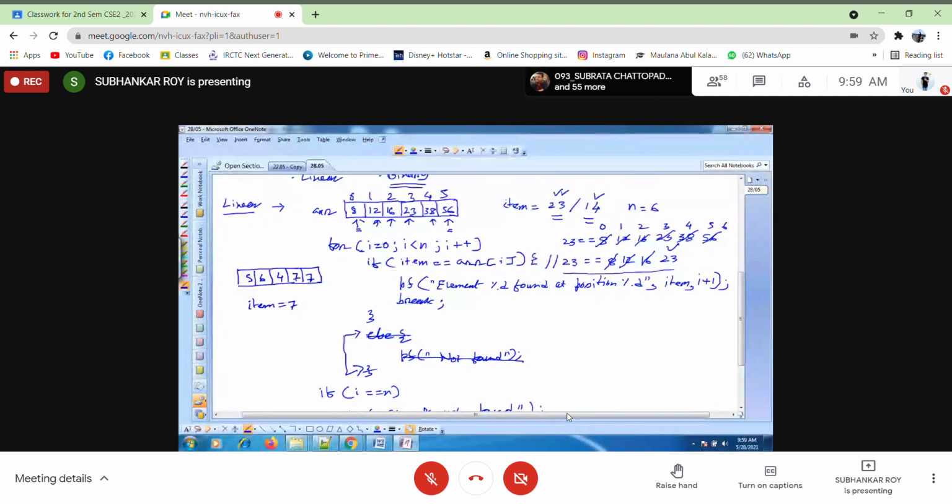If the question says find all indexes of 7, means if there is a repetition of 7, also find all of them, then in that case you cannot put break.